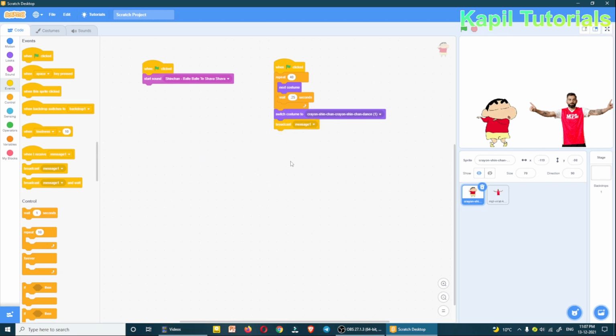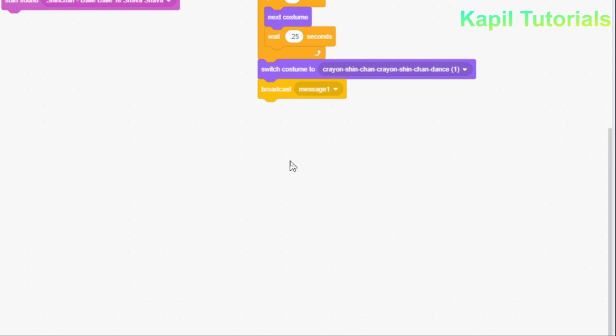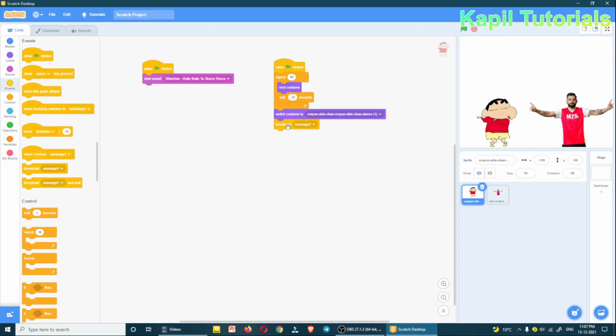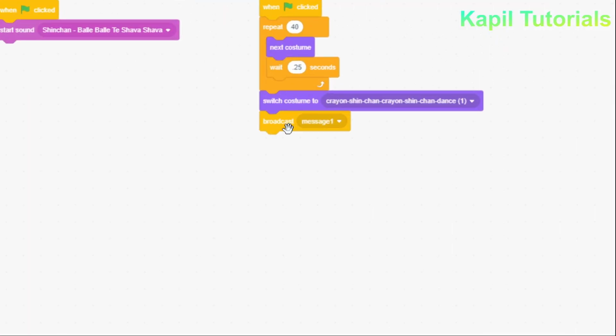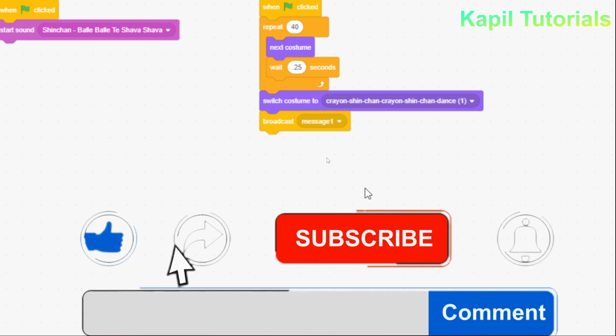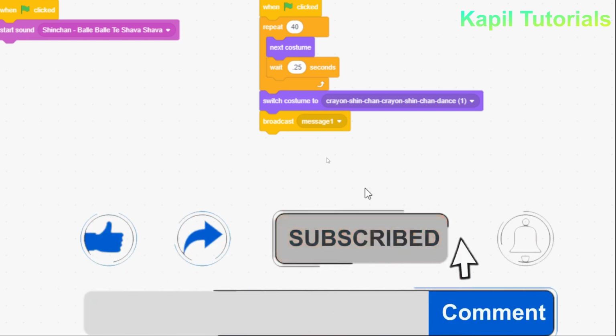What it means, earlier we had to use the wait command when we are using the two sprites. Just to make the work more easier, I can also broadcast the message. It is a kind of option which secretly broadcasts the message which is received by another sprite. That means interconnecting message between different sprites. So here I'll not use any wait command, so this makes the work more easier.